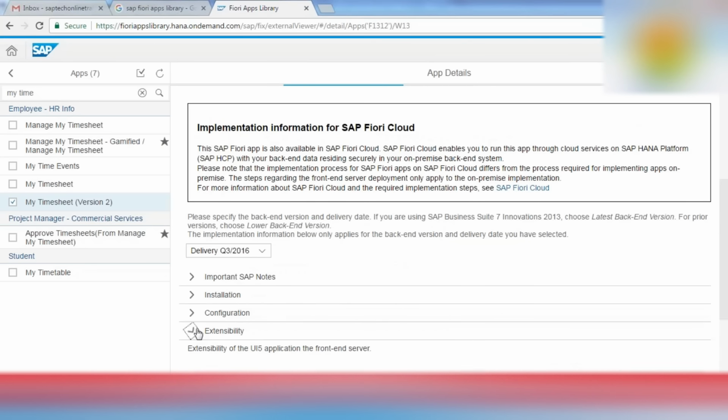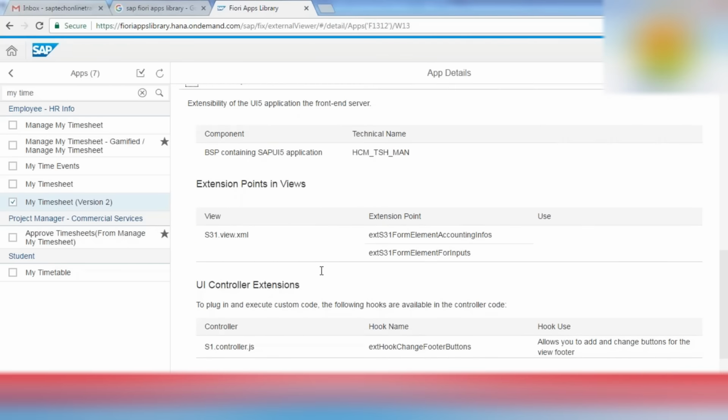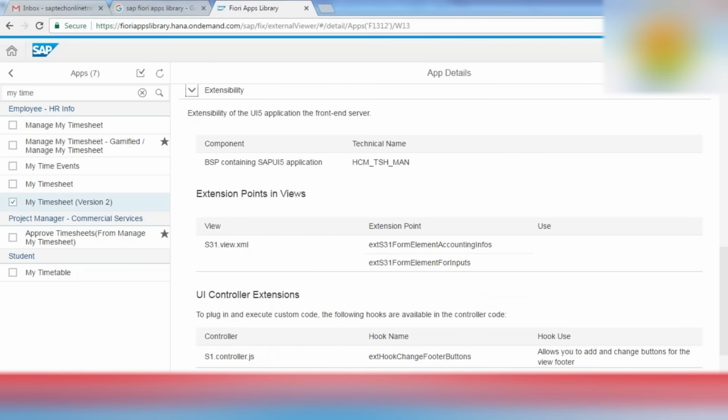And in the extensibility part, you will see the different hooks, the different enhancement options. For some applications you could find that we need to implement some BAdI. Let's suppose you have a purchase order approval application, and the customer requirement is to add some new fields.